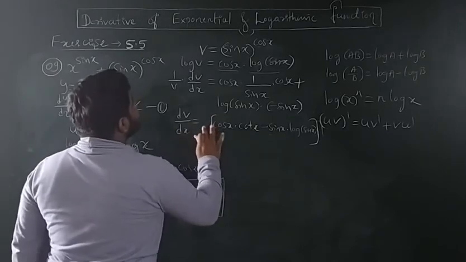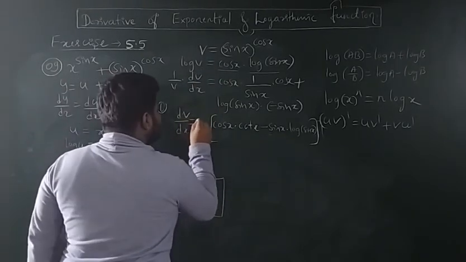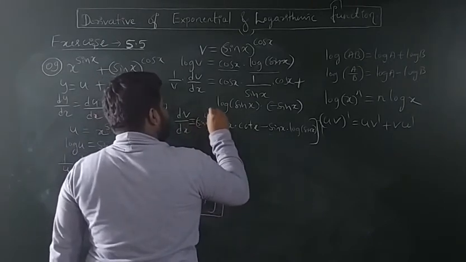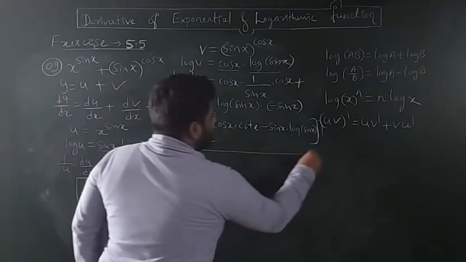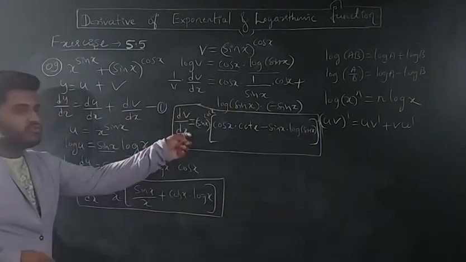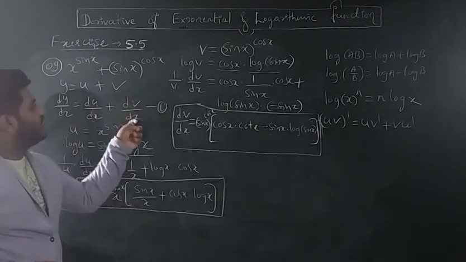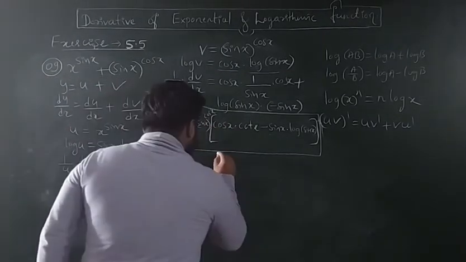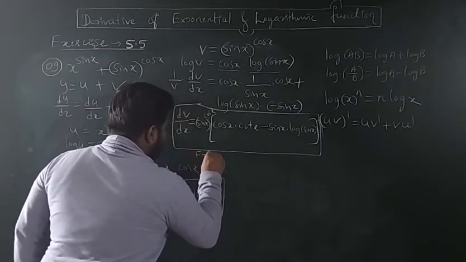So whatever v is, substitute here. V value is nothing but sin x to the power cos x. So we are getting dv by dx here. This is our dv by dx value. Now we have to substitute these two values, du by dx and dv by dx, in equation number 1. We can easily find dy by dx. So dy by dx from equation 1,